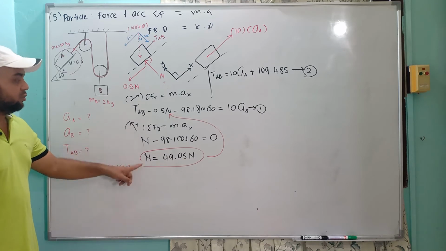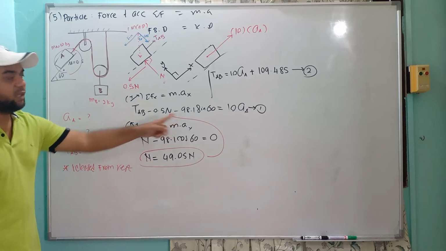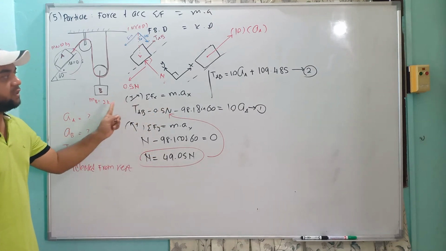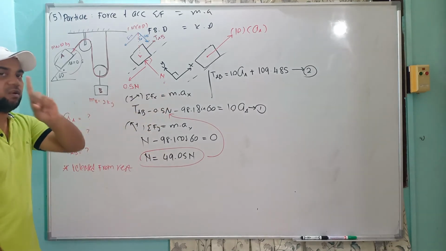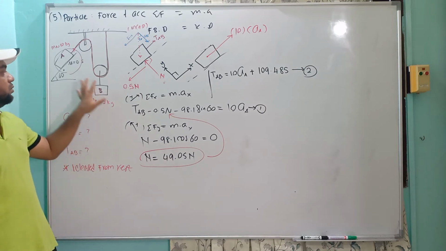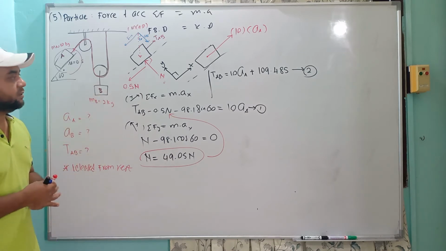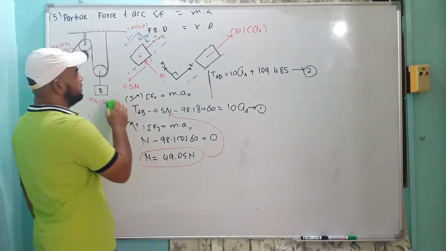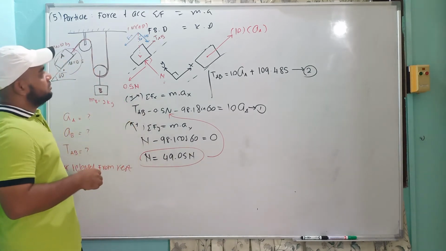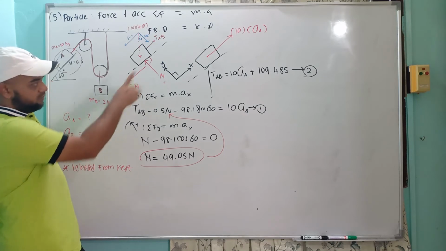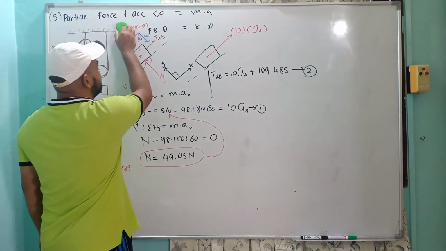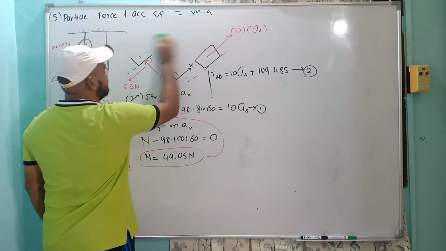So we still cannot solve. We have two unknowns but only one equation, so we have to go to point B. Let's go to part B. Maybe I should erase everything here because we already have the equation, so we only need this one. I think I can erase this.